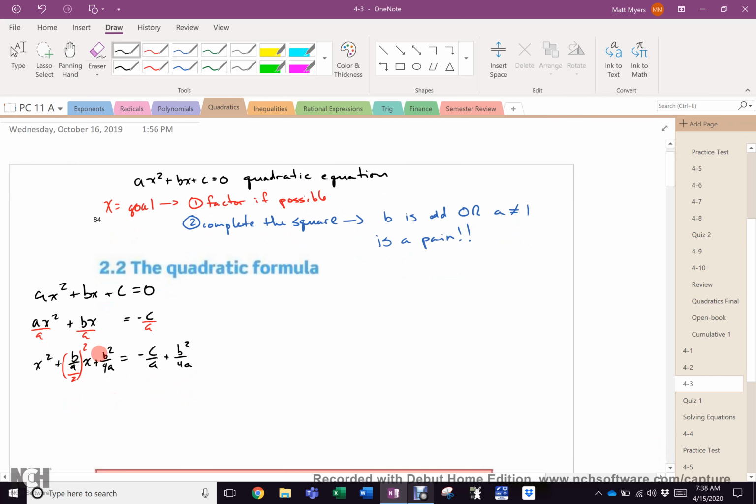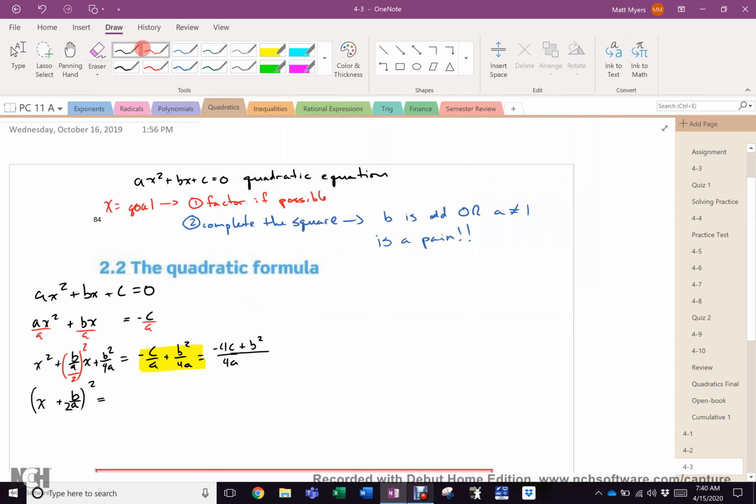So now, on this side, I have x plus b over 2a, right, because that's 2a, squared equals, now this side right here, what can I do there? Well, that is -4c over 4a plus b squared over 4a squared, right? Everybody's following me to there? Oh, excuse me a moment. Sorry. Where was I? 4a squared there. Right? So now I've got